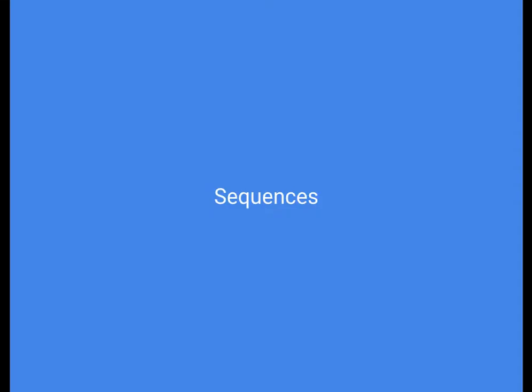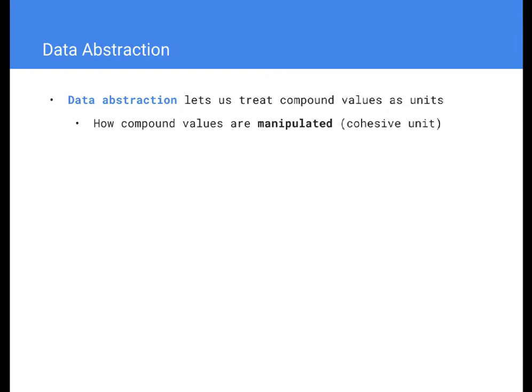And just to recap again, data abstraction lets us treat compound values as individual units, as whole units. And so what that looks like is I have compound values that we describe in terms of how they're manipulated. When we say we have a list, for example, we talk about what we can do with that list rather than how it works. Because the way the list is represented in Python, it has some special magic, but we don't really care about how that's represented. We just say I can index with lists, I can get slices from lists, I can add lists together.